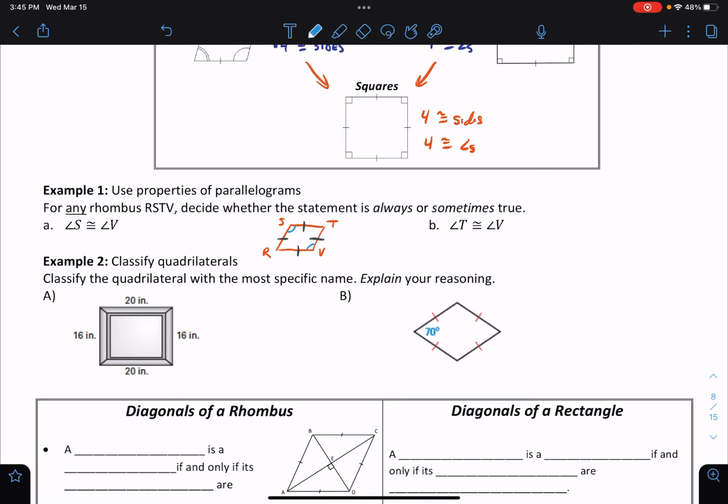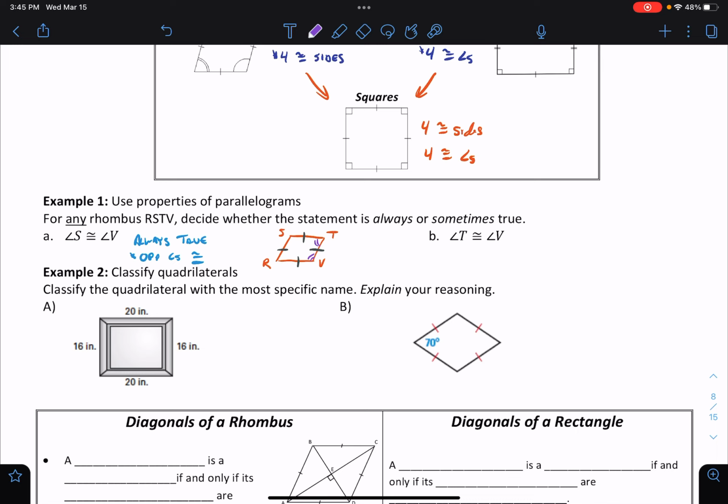Now, for the next one, angle T, get a different color here, angle T congruent to angle V. So we know that they're going to be supplementary to each other, but we don't necessarily know that they're congruent to each other. Okay, now could it be true? It could be true, so it's sometimes true. Now what would have to be the case is that this rhombus would actually have to be a square if RSTV